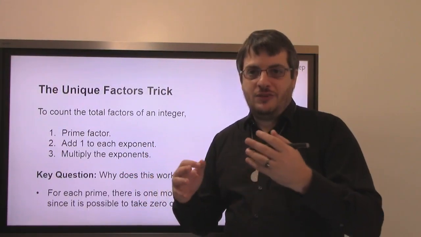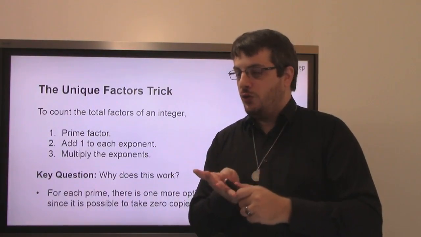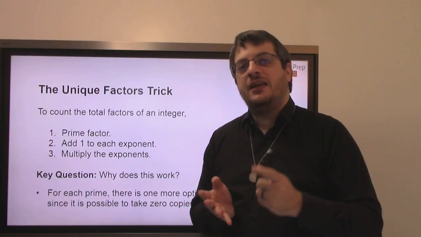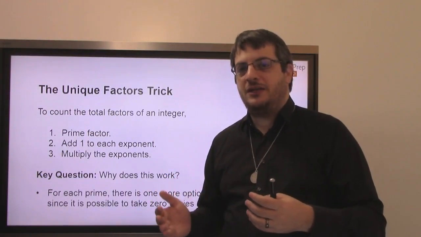You know, if I got 3 copies of 7, I could take 1 7, 2 7s, 3 7s, or no 7. If you understand that, then when I throw you a twist, it's nothing. It's just the same as every other problem and you knock it out of the park.